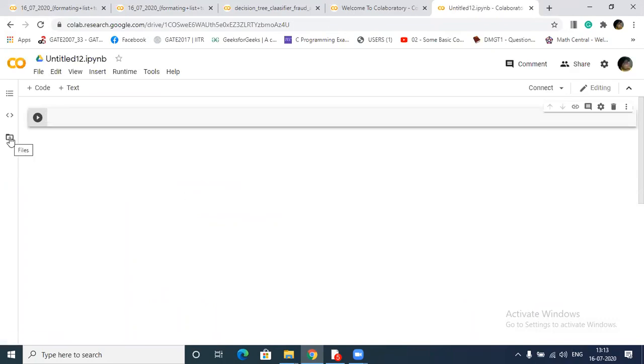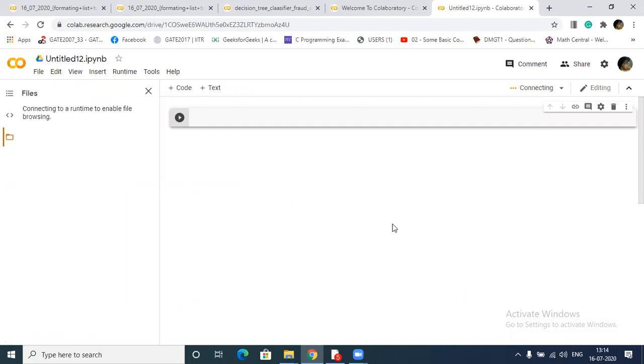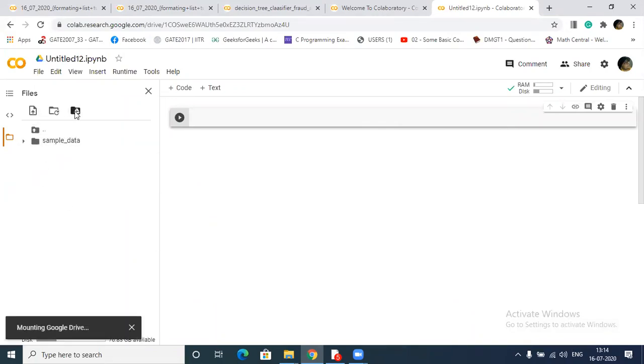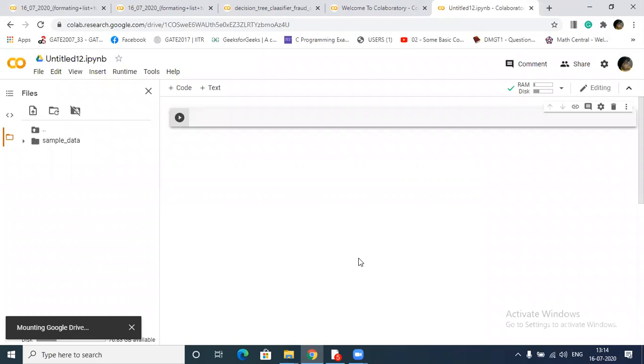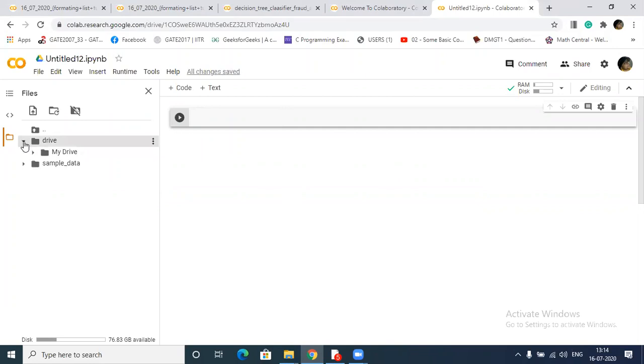Okay, in order to connect, we just click on that. First it is connecting here. After it gets connected, when I click here on the Drive symbol, there is connect to Google Drive, right? Click OK. Then one simple code will automatically come in one cell. See here, Drive, my Drive. Because I already signed in with my Google account to Google Colab, it automatically connected my entire drive.